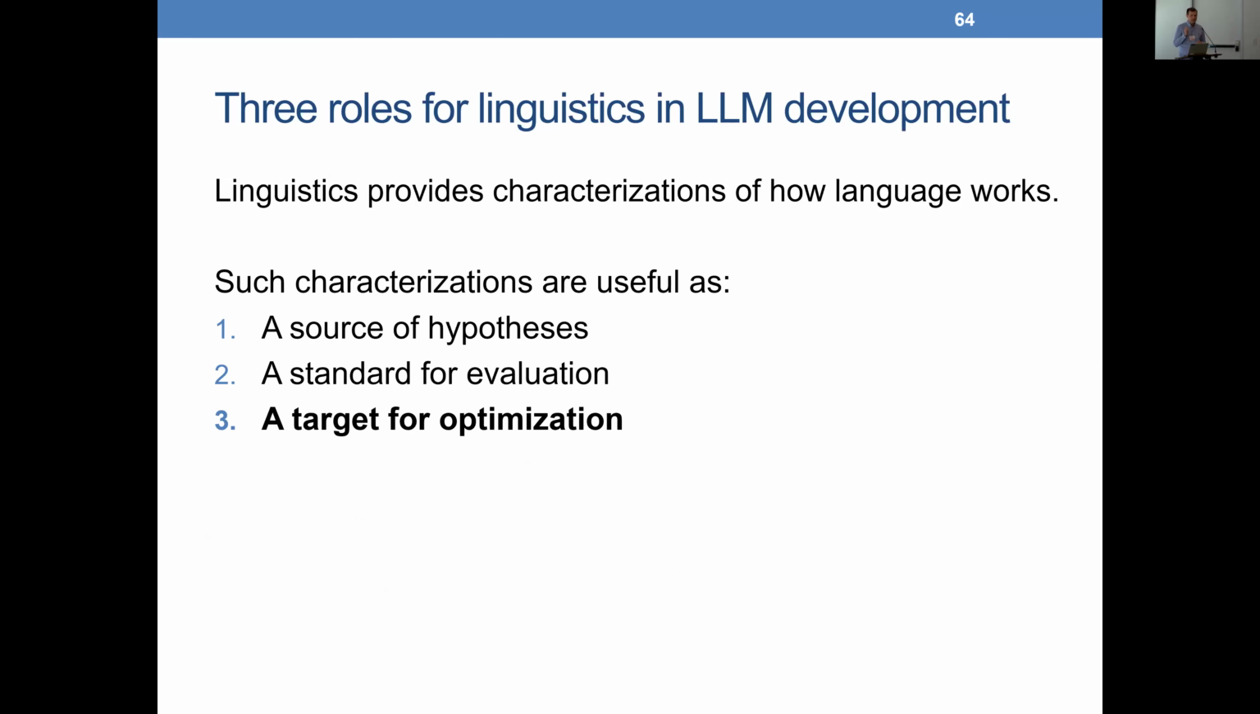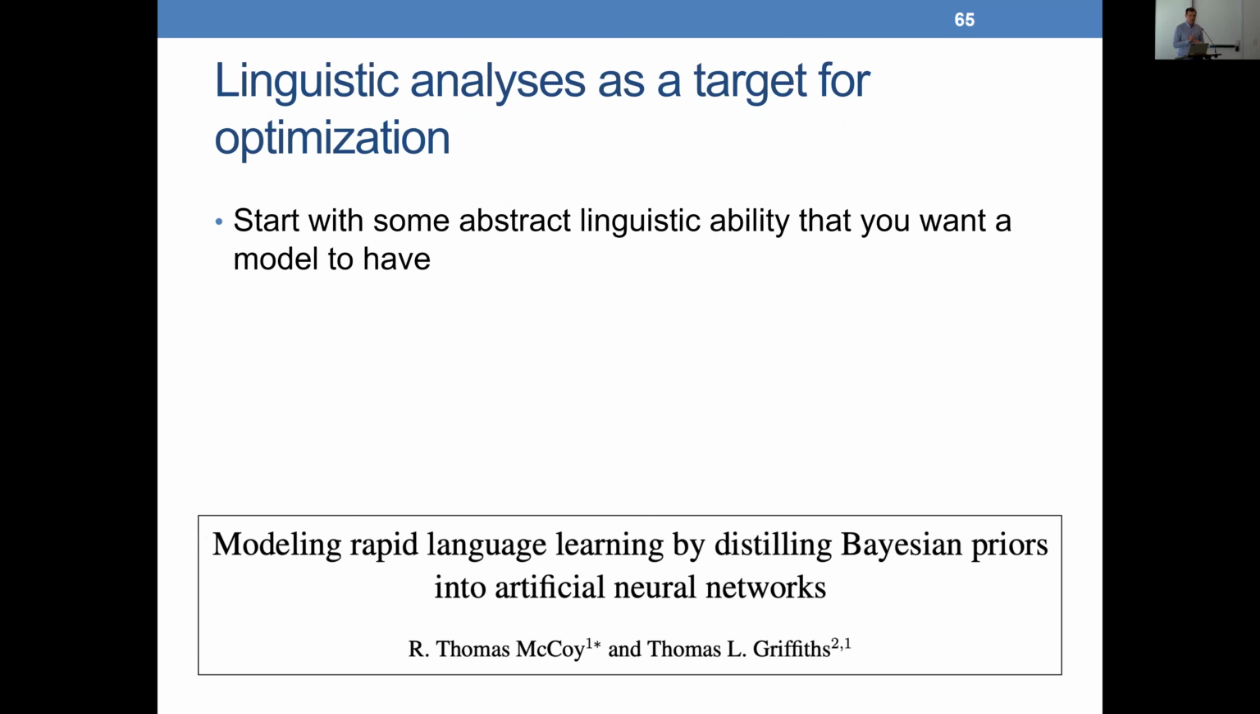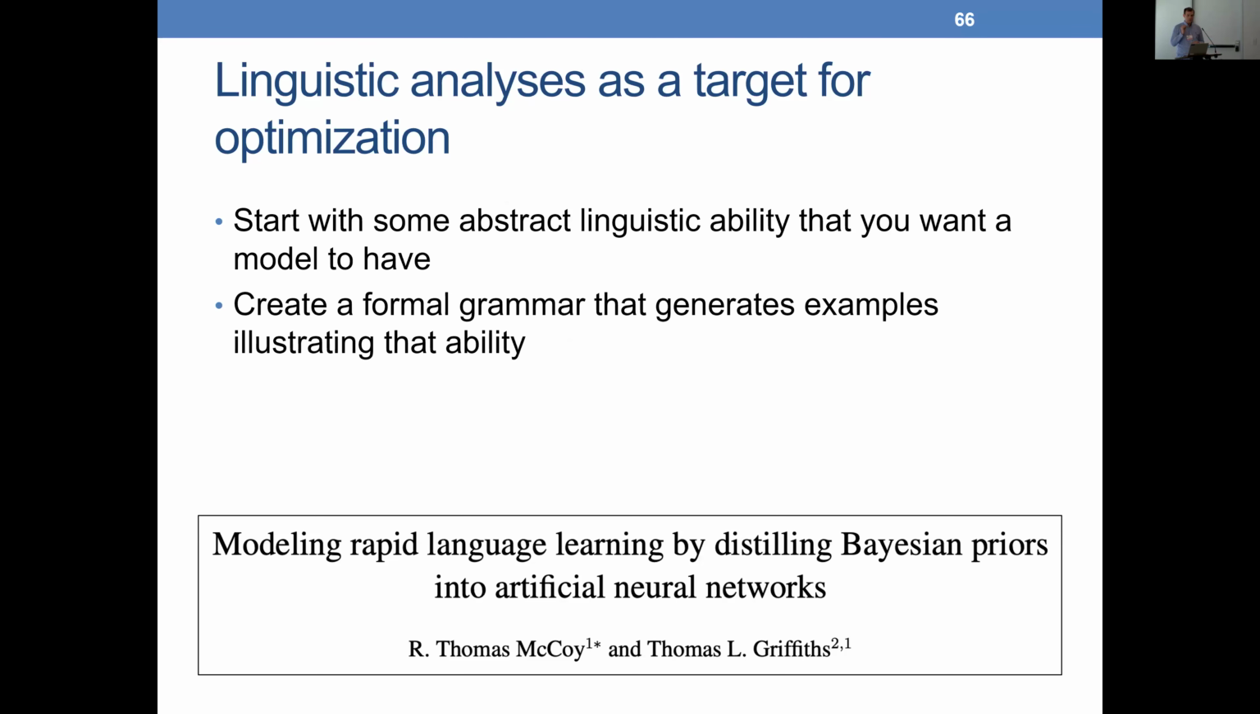Then I'm going to talk about a third and final way in which characterizations from linguistics are useful for language model development, which is as a target for optimization. I'm not going to get into this in detail at all, but the rough idea is that if we have some abstract linguistic ability that we want a model to have, so far I've shown how we can use this as a basis for evaluation, but another way we can use it is